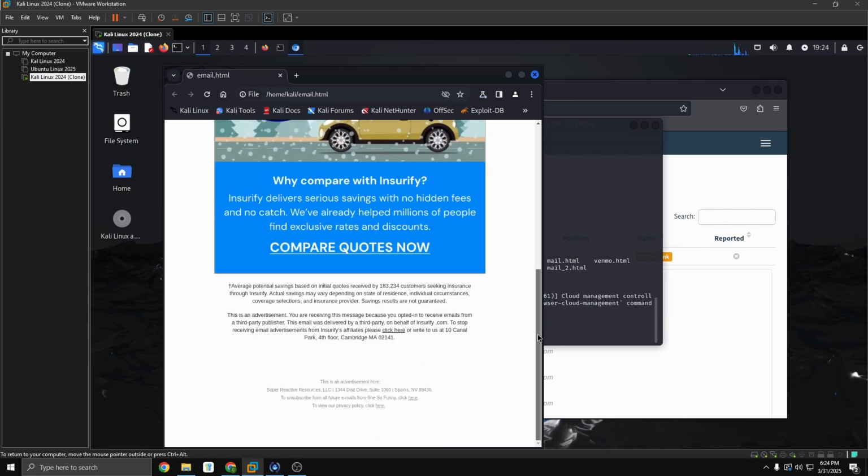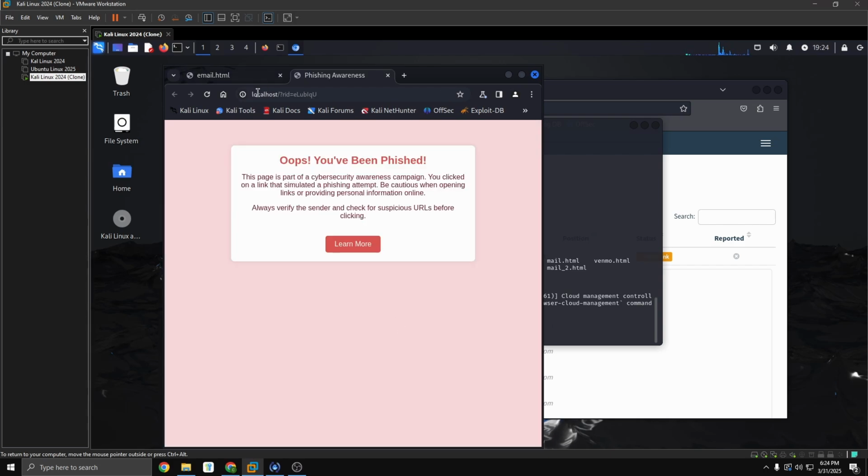If we click on any of these links, it should point us to the link that we had set in our campaign. In this case, it was localhost. So if we press on it, we get redirected to localhost, and oops, you've been phished. So everything worked successfully here. We were able to create a new email template, create a landing page, set up an SMTP server, define our targets, view the email in an email client such as Mutt, open the email, render the email, and track